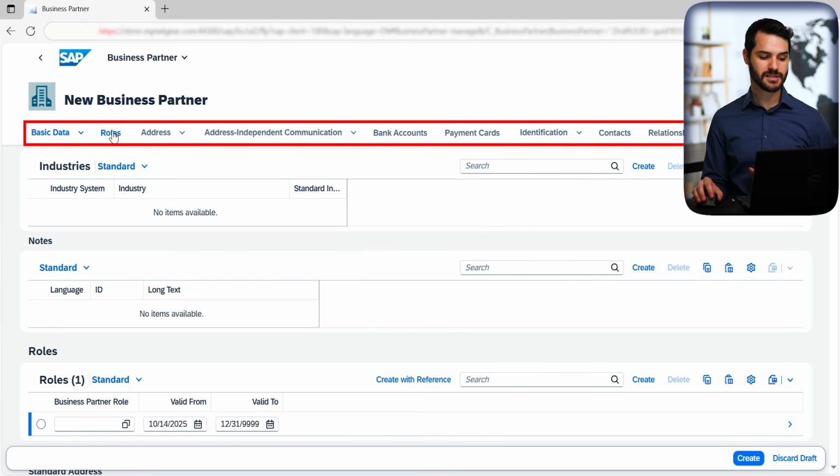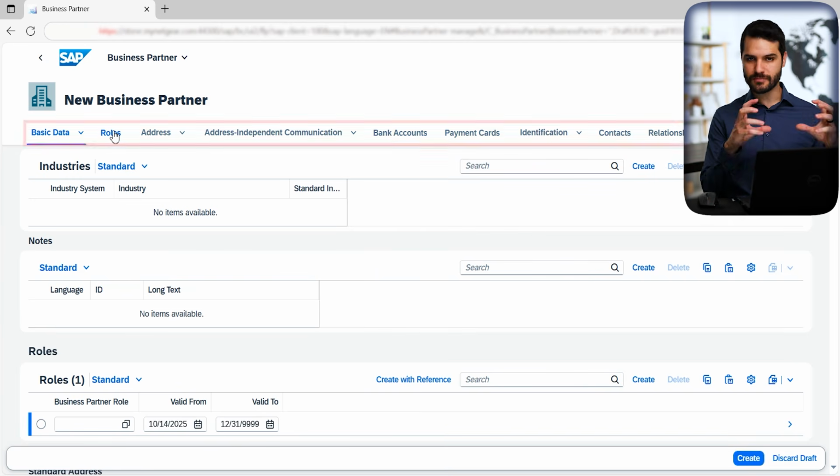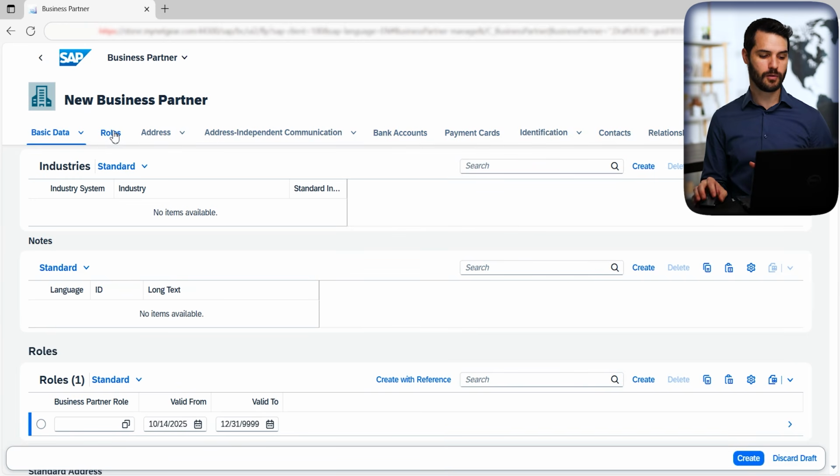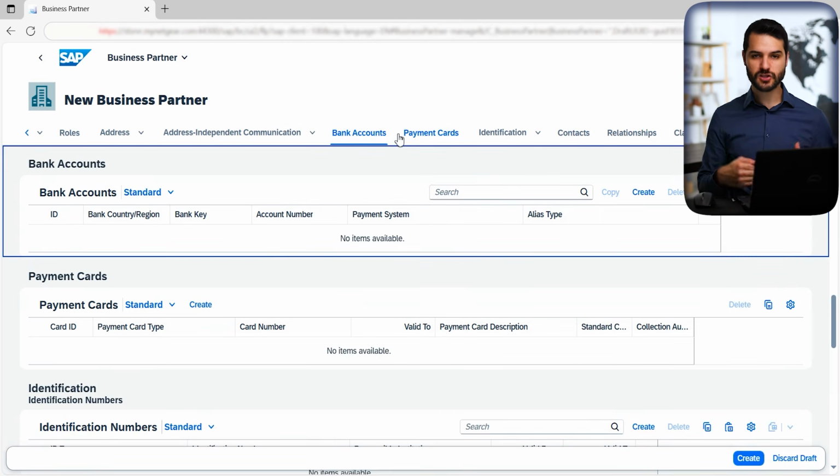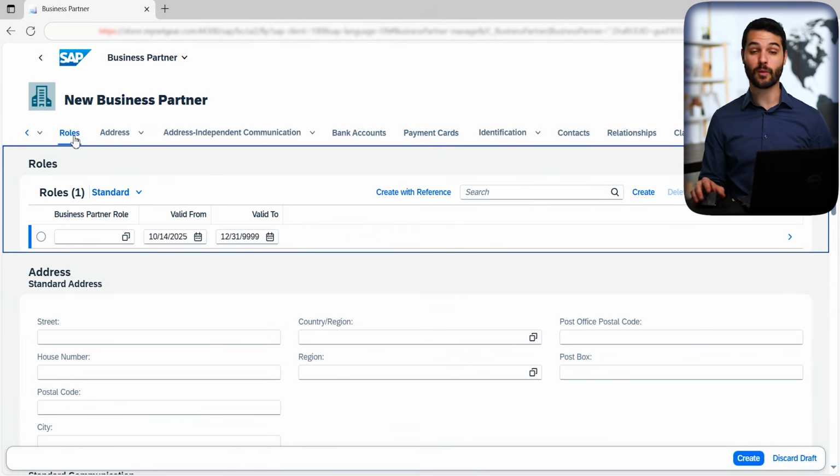Every one of these options is a sort of area or header down below. So if I want to go to bank accounts, for example, if I click on this, it sends me all the way down to the relevant part of this record that has the bank account information. I actually want to come up here to roles because I need to add the customer role within this business